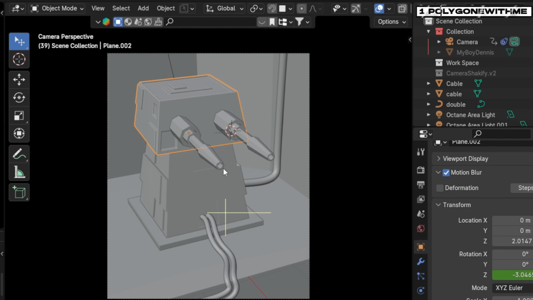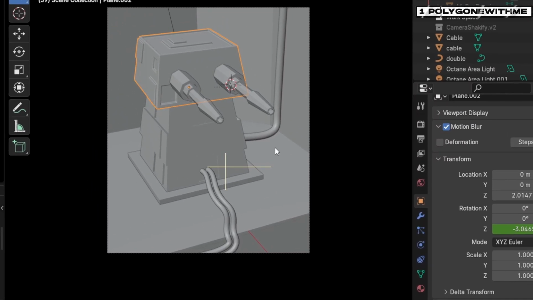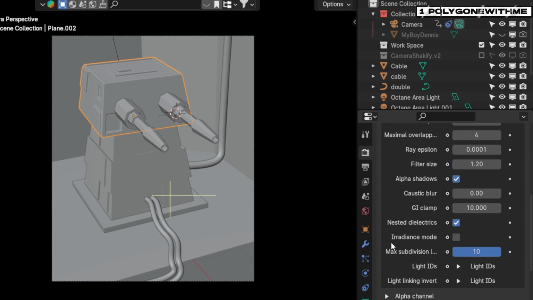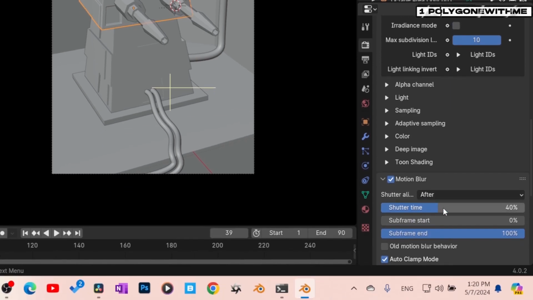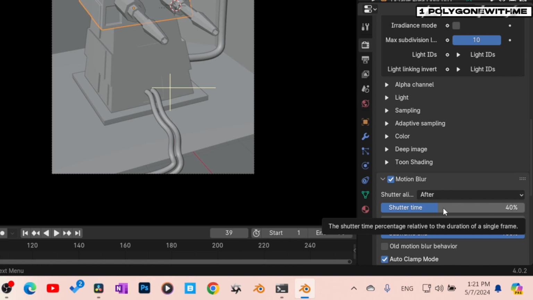And then especially on the projectiles that come firing out of it. You need to also turn motion blur on down here in your settings. Motion blur, I have it. I did crank it up a little bit. It's normally set to 20. I gave it 40% just to give it a little bit more blur, kind of accentuate the blur a